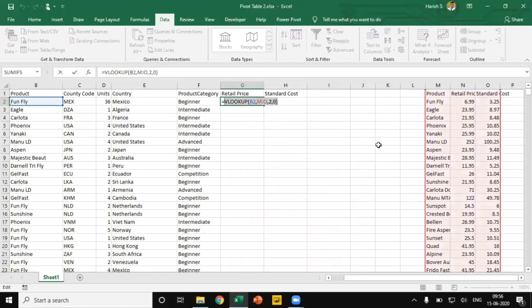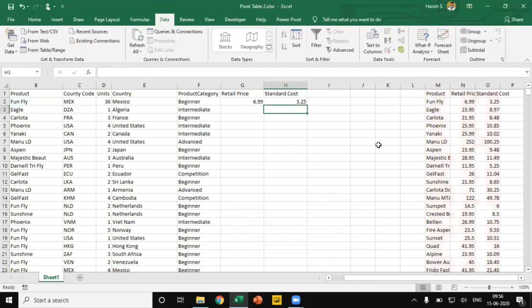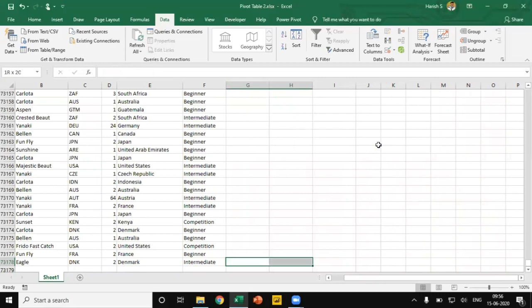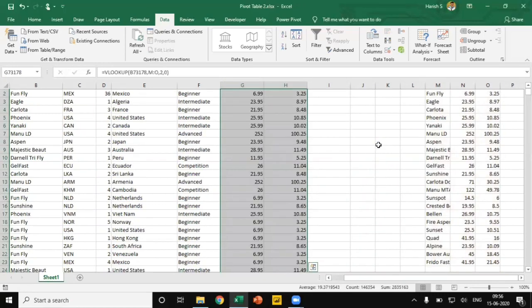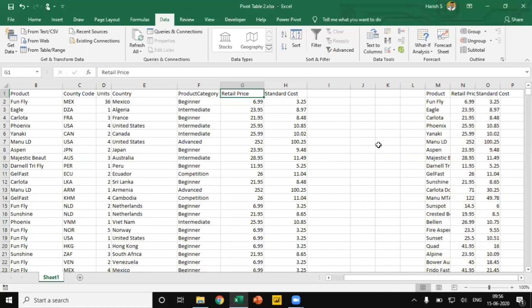I'll copy this formula and paste it here. Let me change the column number to 3. Now I will come down and then copy all the formulas. We have added retail price and standard cost now.